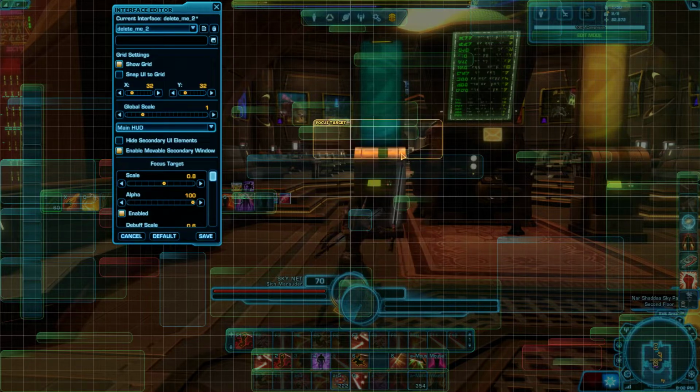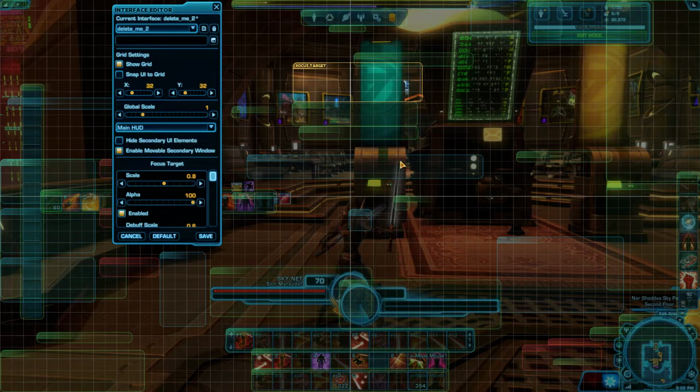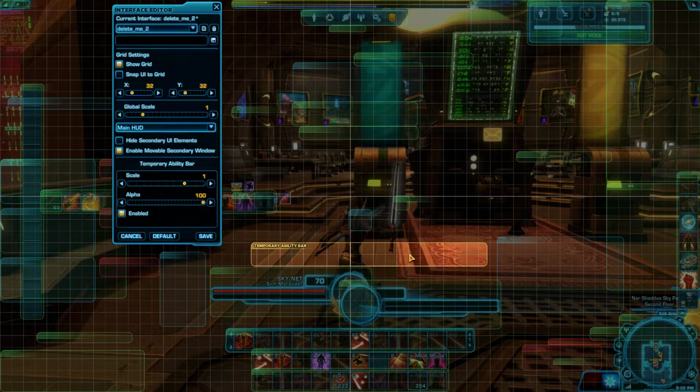All right, so let's see. Focus target, I like to have that up there. Temporary ability bar, you can have that there. One thing I dislike about this is you can't move the slots per row on the temporary ability bar. And I really don't like having my temporary ability bar being left to right. I wish I could have it